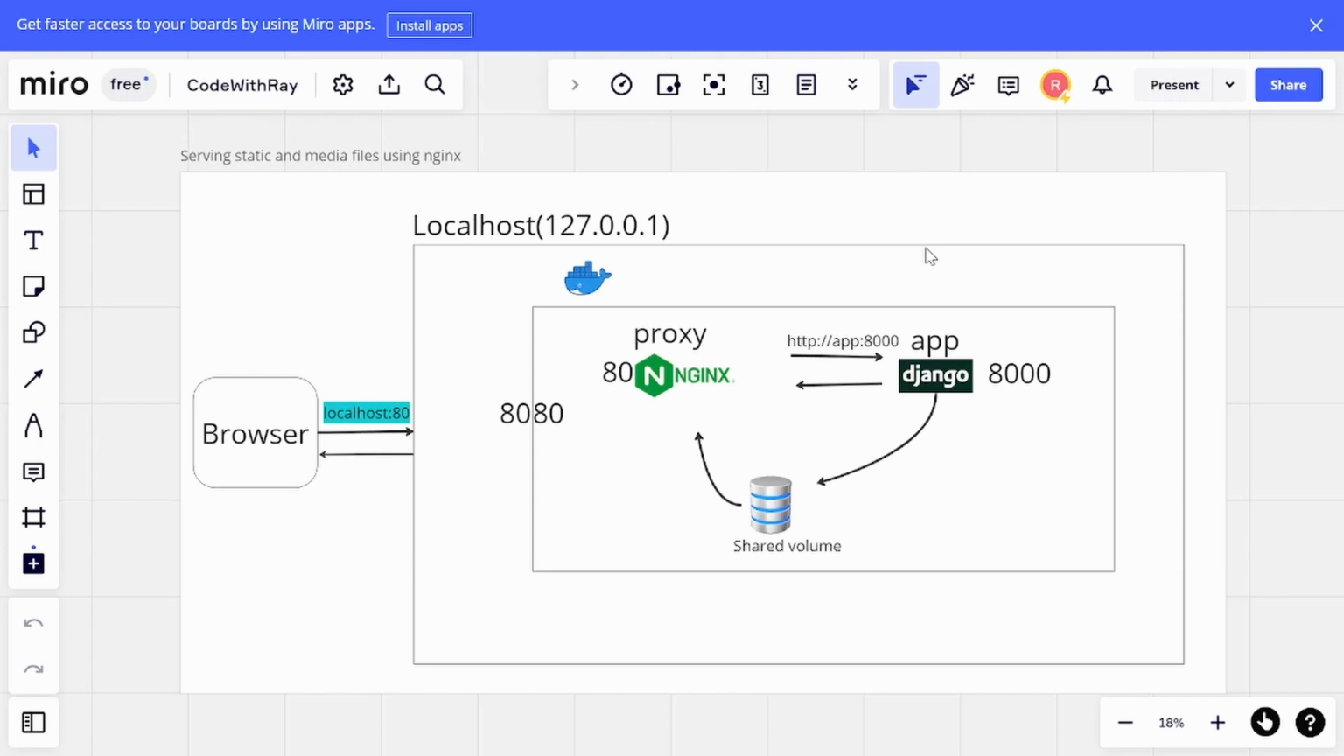Hello guys, today we're going to talk about serving static files and media files using Nginx. So what you can see is a basic architecture of what you're going to build. We have our client here sending a request to localhost port 80, and in our server, our localhost, that is,